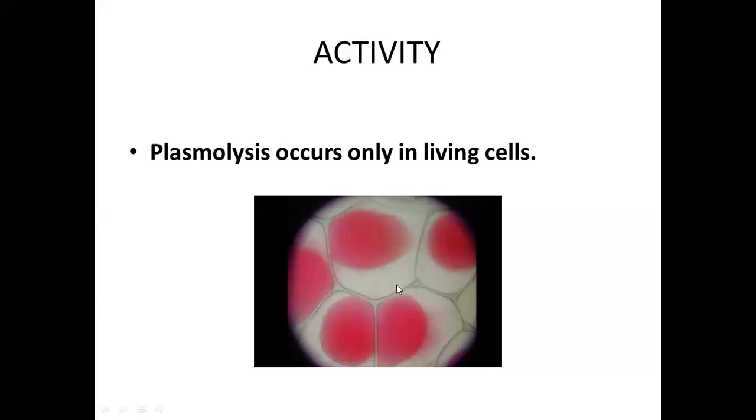If we put a plasmolyzed cell back in fresh water, then the concentration of water in the surrounding medium is more when compared to the water inside the cell. So the water will move from the surroundings into the cell, right? By the process of endosmosis, and these contents will come back again to their original position and swelling of the cell will occur. And that process is known as